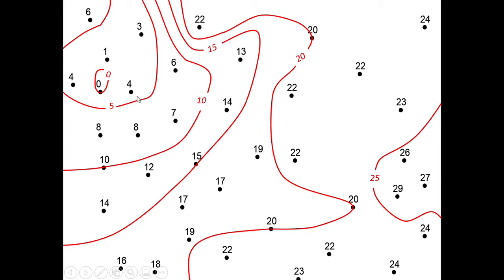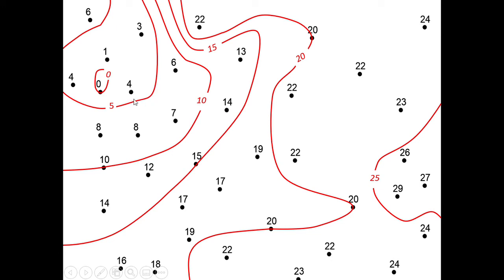I probably want to put it closer to the 4 than the 7, because 5, of course, is closer to the 4 than it is to 7. Same goes for 4 and 8 and so on. So as I'm drawing this line, I'm thinking about the distance. Essentially, I'm interpolating. There's no data along this line that says this is 5, but I can create a conceptual point along this particular line, and so all points along this line